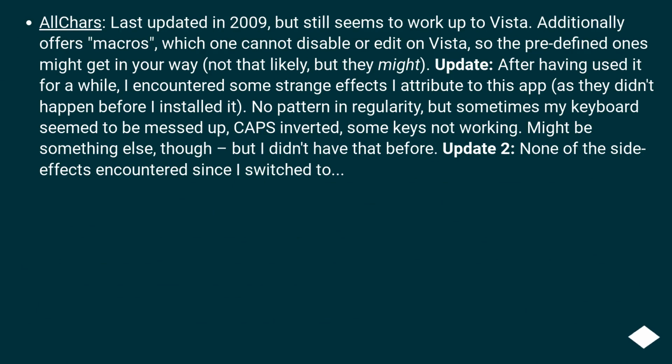Update, after having used it for a while, I encountered some strange effects I attribute to this app, as they didn't happen before I installed it. No pattern and regularity, but sometimes my keyboard seemed to be messed up, caps inverted, some keys not working. Might be something else, though, but I didn't have that before. Update 2, none of the side effects encountered since I switched to